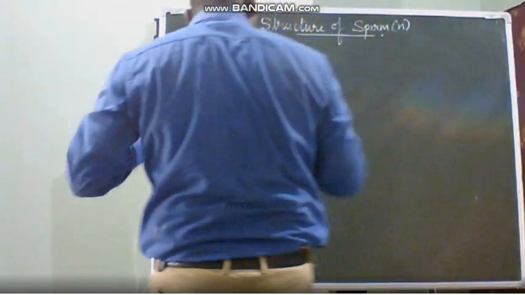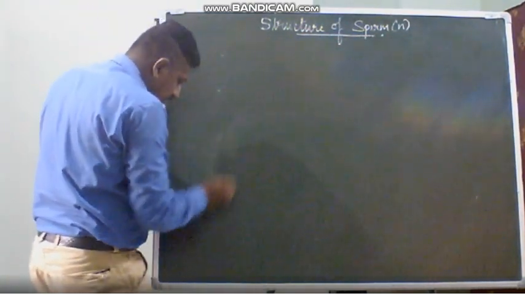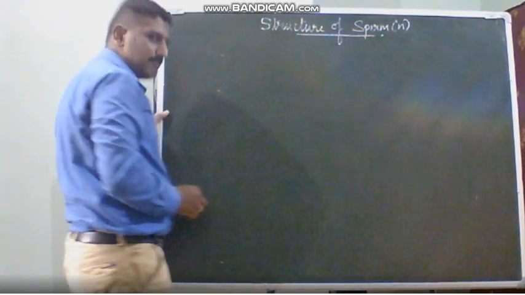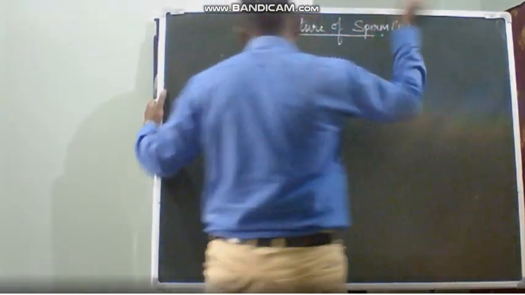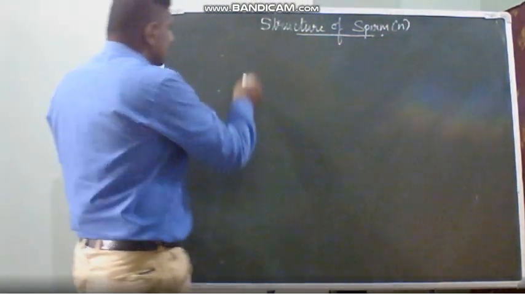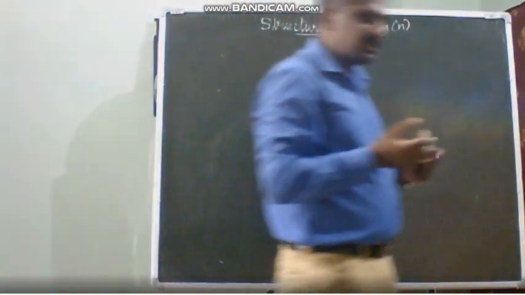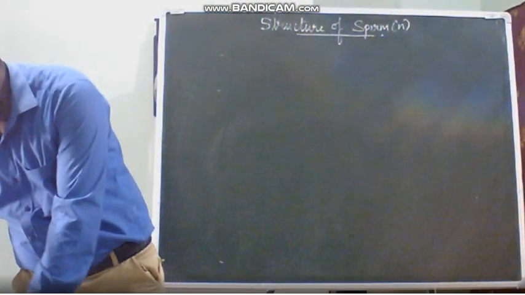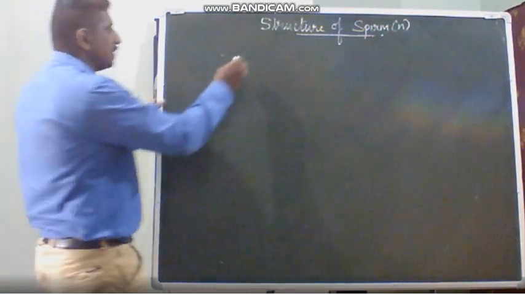Fix the ratio as 1:2:3. So I'm fixing this as one ratio, this as one ratio, this as one ratio. Because the sperm is the male gamete and it is having haploid nucleus. About the nucleus, I'll teach you later. Now the headpiece, people, you make a lot of mistakes in the headpiece. It will become an abnormal sperm. I don't want an abnormal sperm, I want a normal sperm. So you must always draw a normal sperm diagram. So look up for the normal sperm diagram.